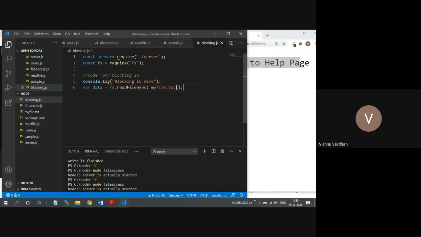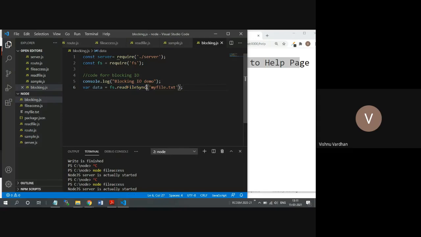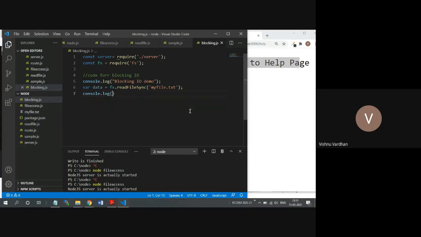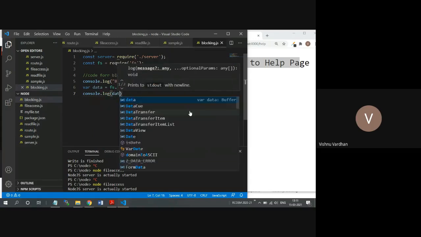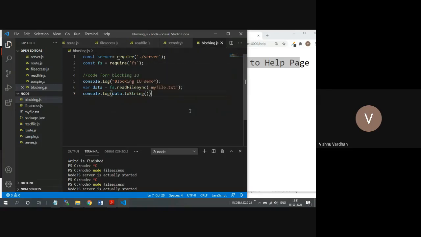So with readFileSync, this file is not going to be opened asynchronously. It is going to be opened synchronously by this particular supported method. But this is not a normal way of handling things in Node.js. Then I will hook on to the data coming into this data variable and simply convert that with the toString method.